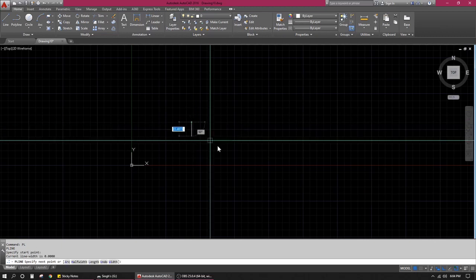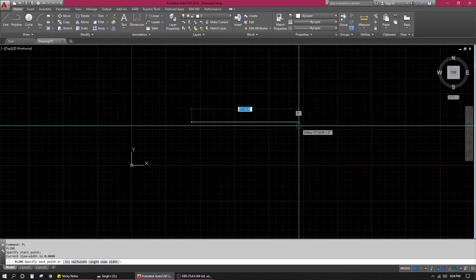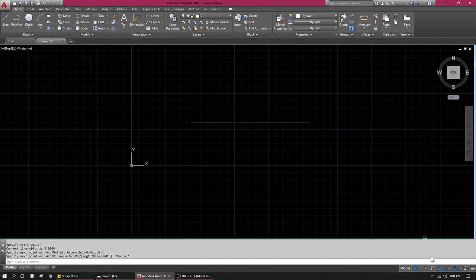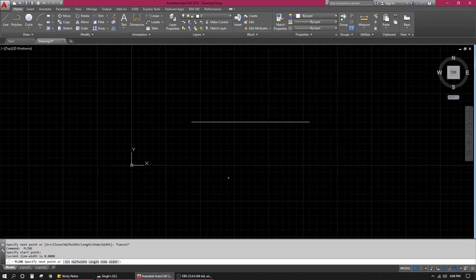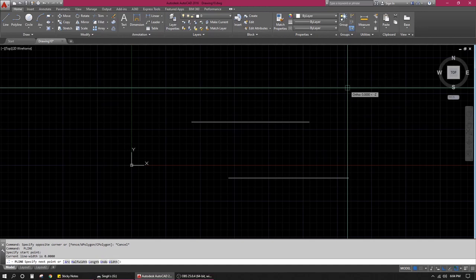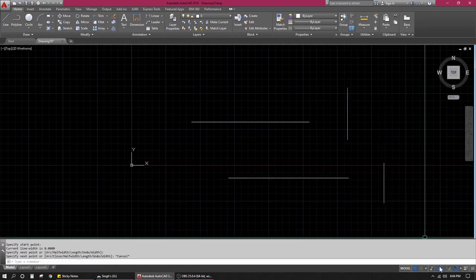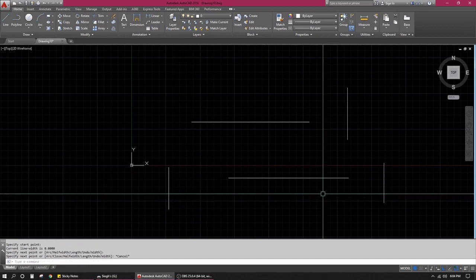I want to draw a line. Alright. And it is also showing me the dimension of it in this blue and white colored font over here, right? Once I turn the dynamic input off, it will no longer show me that dimension. Do you get it? Dynamic input on, it shows me dimension. Dynamic input off, it doesn't show me dimension. It is applicable in any and every tool that you use.